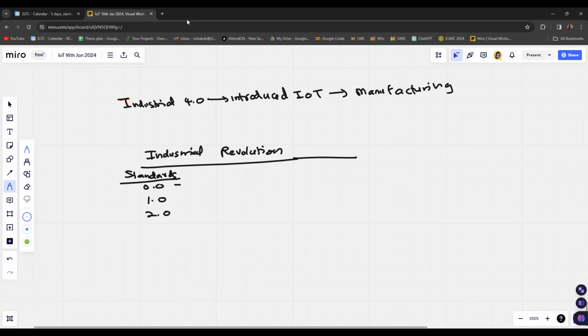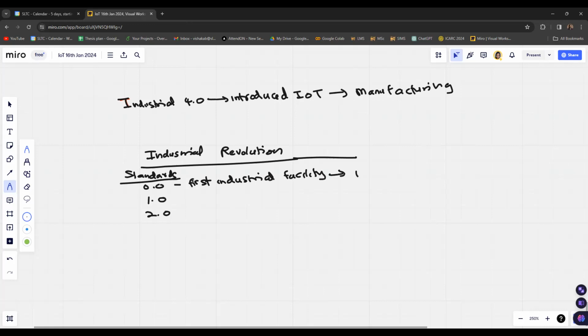So Industry 0.0 corresponds to the first industrial facility using the printing press. Industry 0.0 standards means the initial development of a machine by Johannes Gutenberg, the development of the first industrial facility for the printing press.